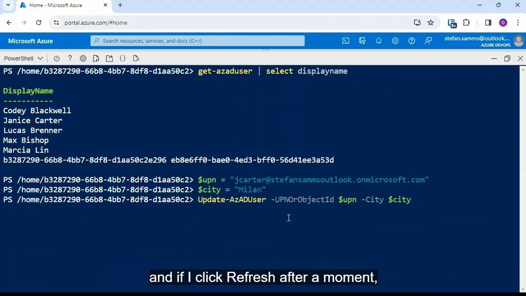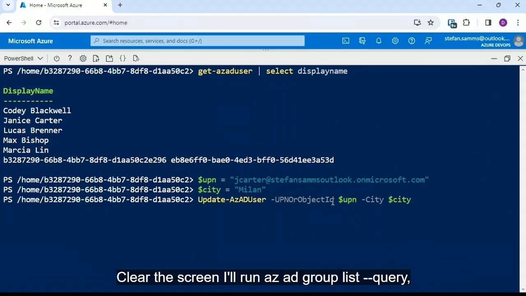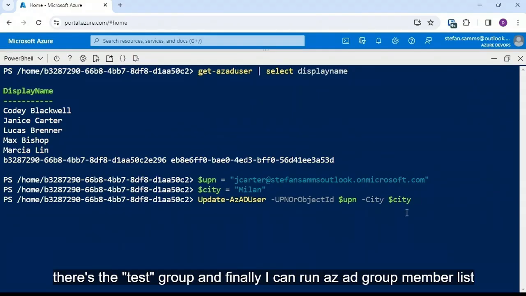So I can use the Update-AzADUser cmdlet, specify the -UPN or object ID parameter. I'm going to give it the $UPN variable. And in this case, what I want to modify about that user is -City. I'll just provide the $city variable